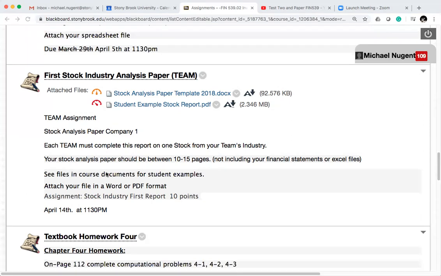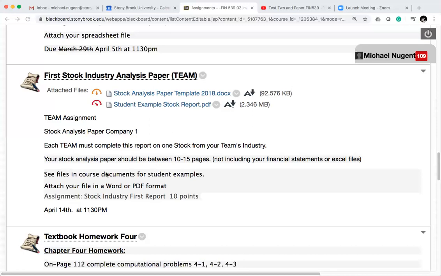So the first paper will be a little bit more lenient. I don't want a sloppy mess that you hand in and just hope you're going to do well. So I want you to try your best for the first paper. I think I'm going to grade both papers at a very similar level. So most teams will do much better on the second paper. For the first paper, I'm looking for a decent effort.